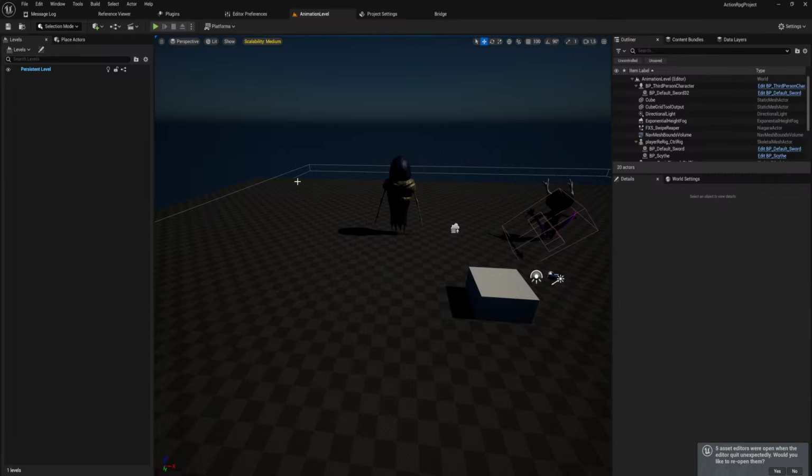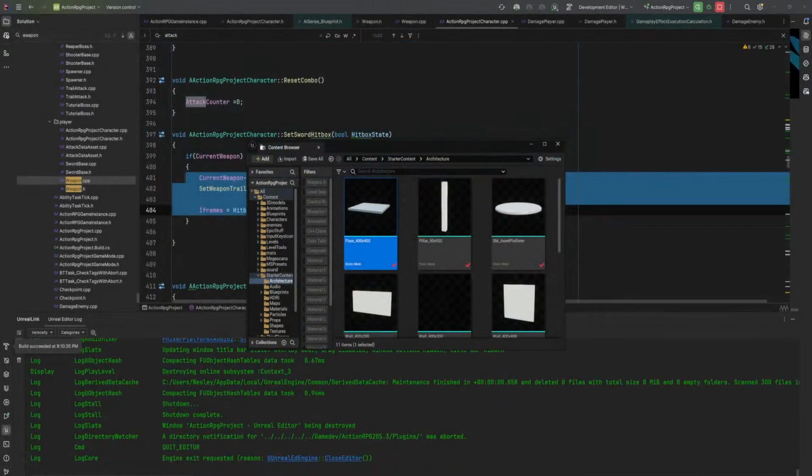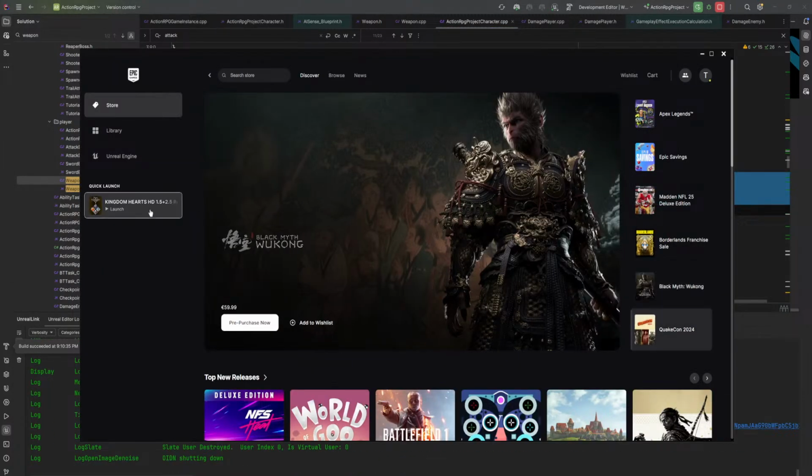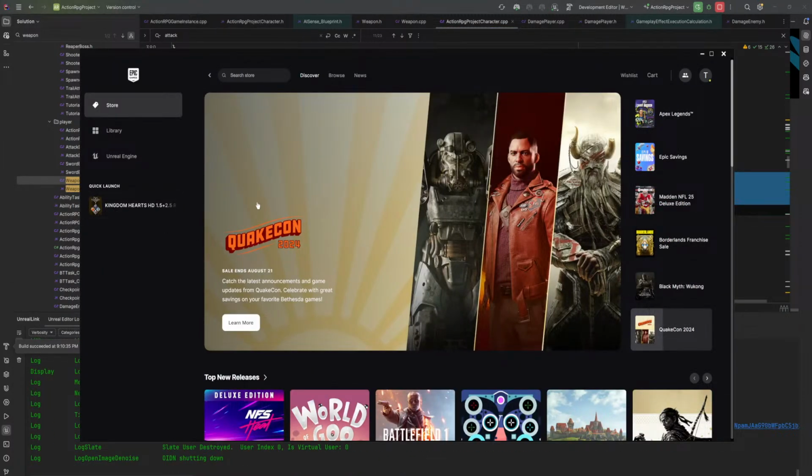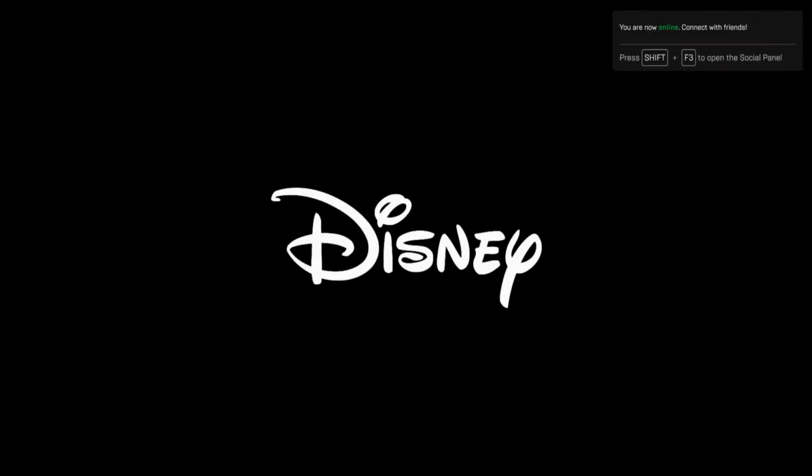So I guess we're going to do dash and surround attack first, and then leave the door open to other types of attacks later. I think that makes sense. Yeah, okay. So that's the way I think we're going to do it. For now, though, let's do a little bit extra Kingdom Hearts stuff. And then we'll call it a day.